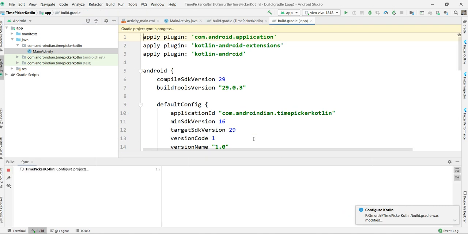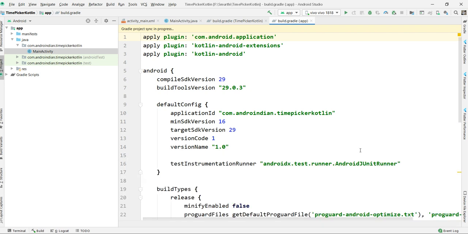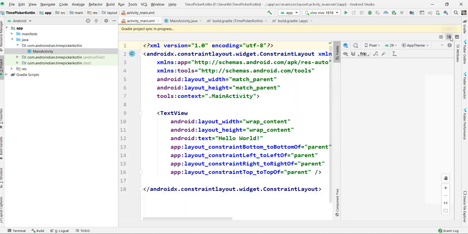Converting into Kotlin file. Once it is converted, meanwhile I want to design our XML.